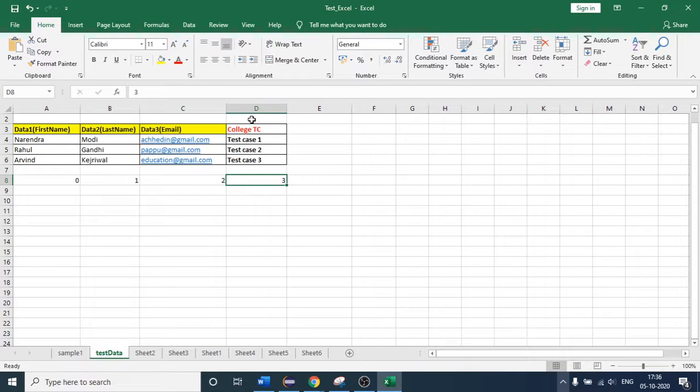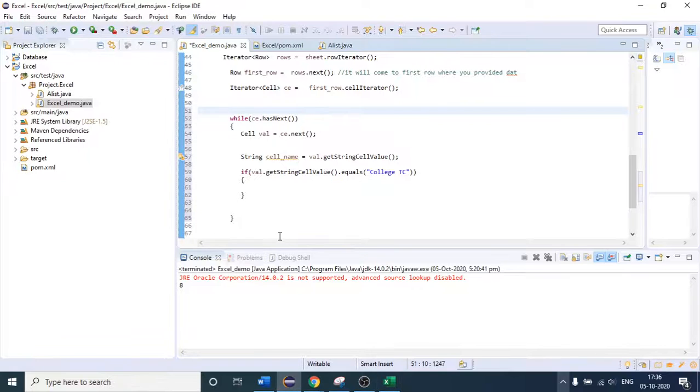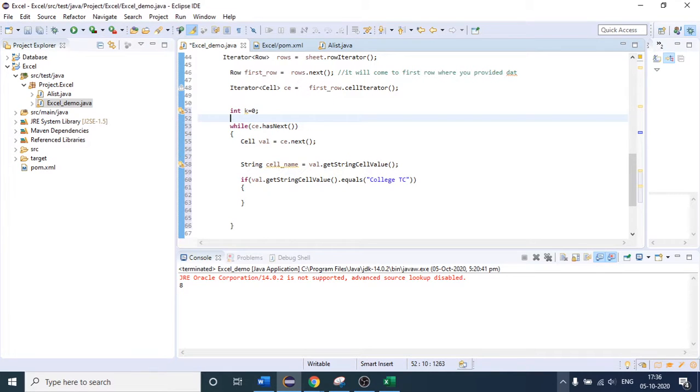So I will come here and name one variable, int k equals to 0, and one more variable, int column equals to 0. After that, whenever the condition becomes true, I will say column equals to k, and I will increment the k.